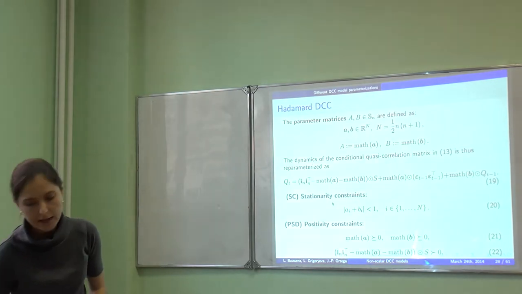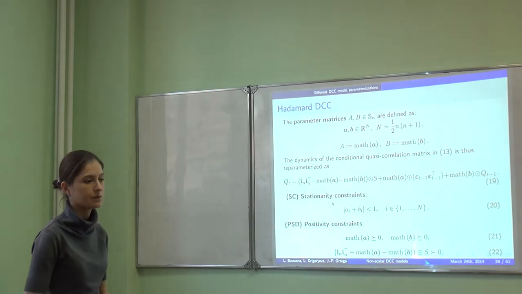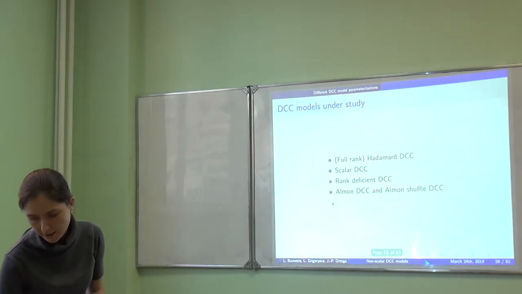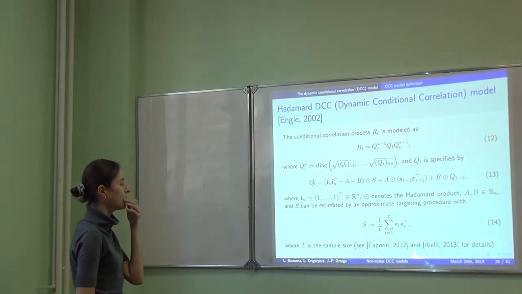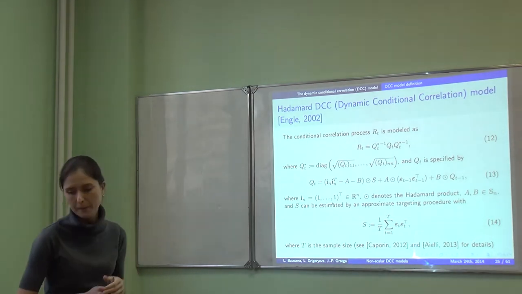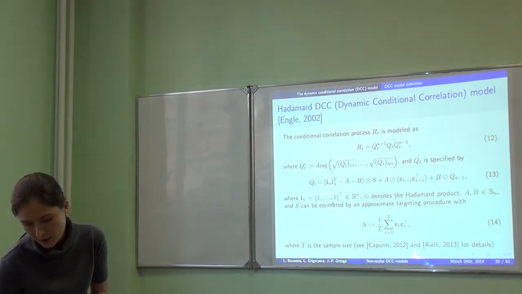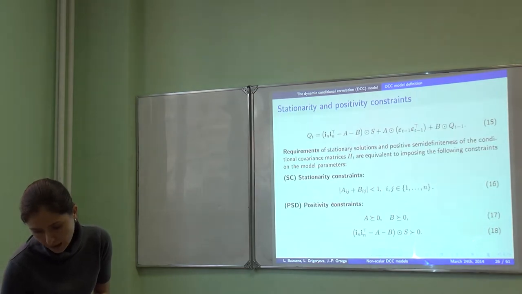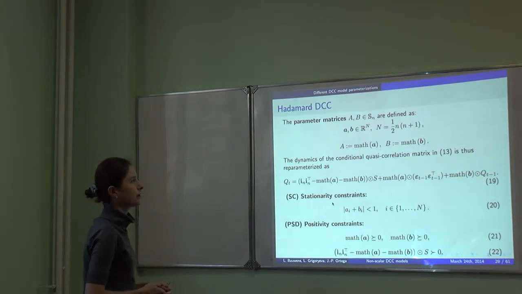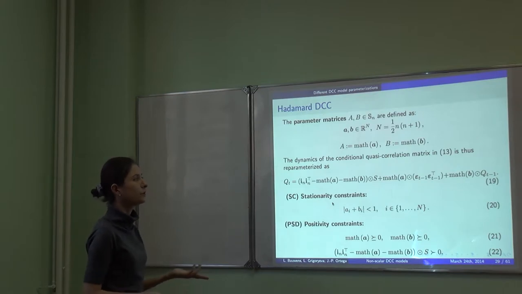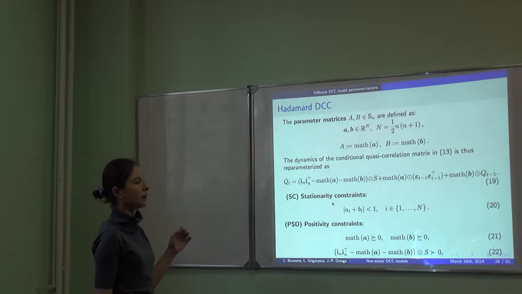So, again, coming back to our Hadamard DCC model. As I told you, if we look at the general setup for our Hadamard DCC, we notice that actually our parameters A and B are symmetric. So is of course Q_t, and therefore what we can do is use the same approach that was used in the BEKK models. So what we would like is to have some vector that gives all the information about the parameter matrix itself.